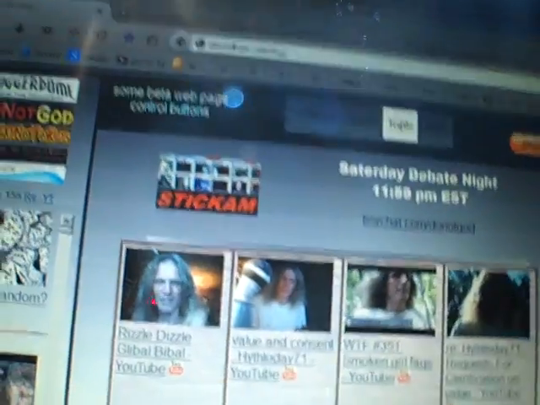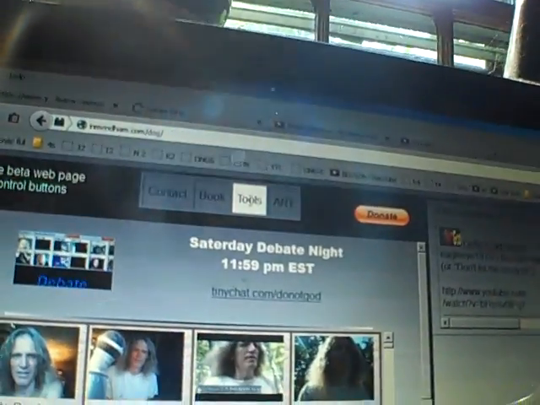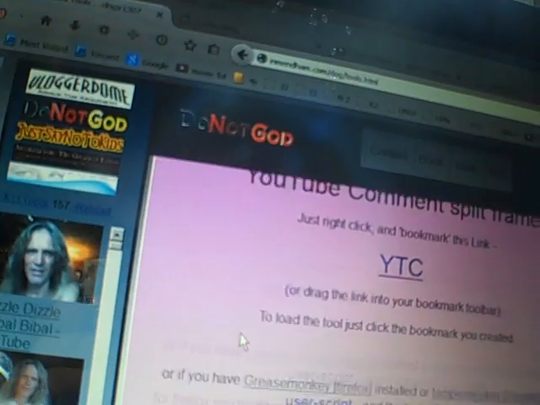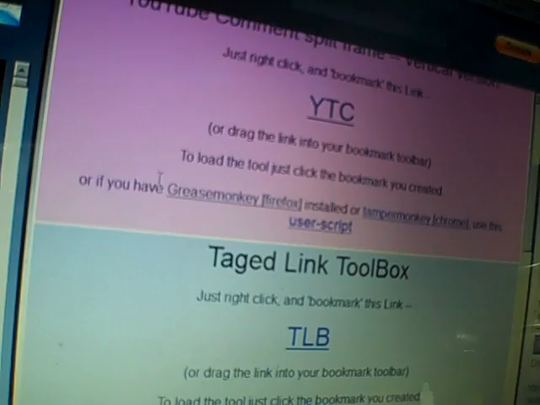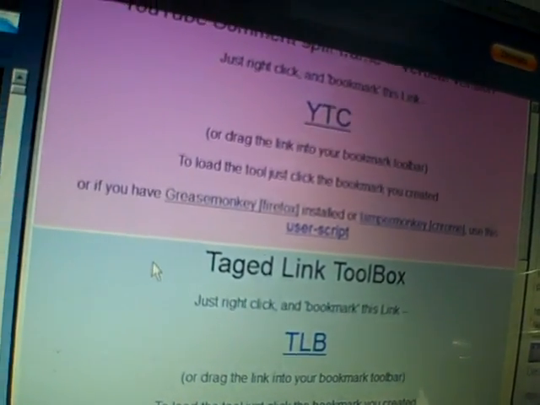So there's the Do Not God website, and then tools. Let's take the tools menu item, and that's the comment splitter, and tag link toolbox. Yeah, it's kind of funny that I don't have the newer tool on here. My bad. Anyway, so yeah, I'll fix that. Mostly, probably. I probably made it a special link just because, yeah, I want people who are interested to be doing it anyway. So I'll do that.